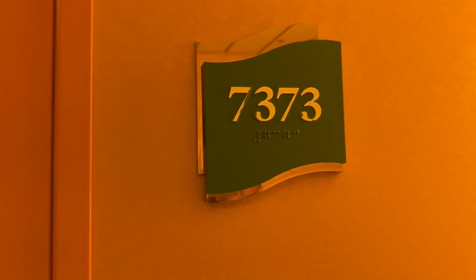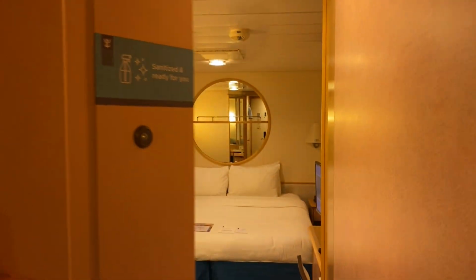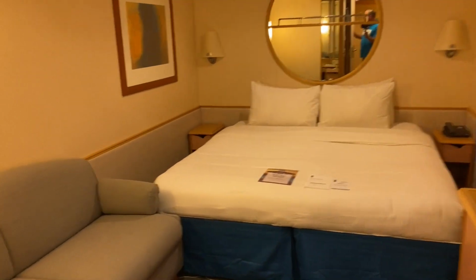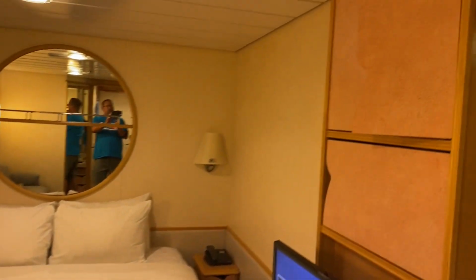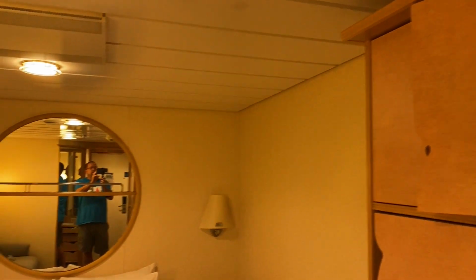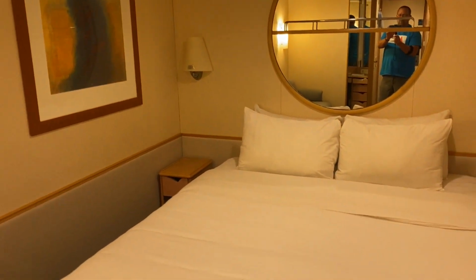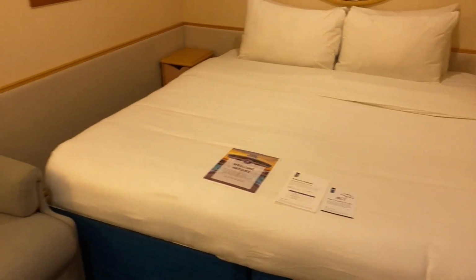Here's a cabin tour of interior 7373. It's sanitized. We're on the Adventure of the Seas. There you go. You enter the cabin, and got the king bed. There are no Pullmans from the ceiling, but you have two lights, a little drawer down there, two little drawers. The king bed can be made into two twins, and then it's got